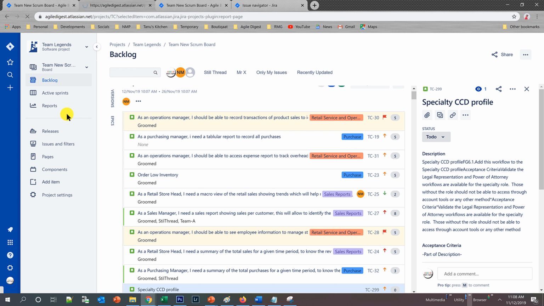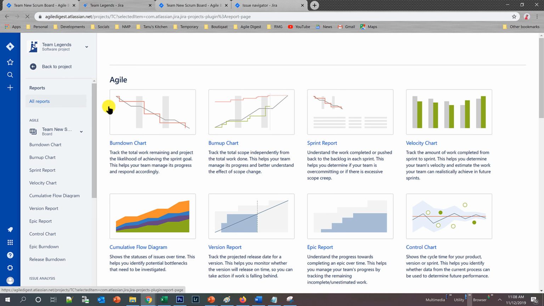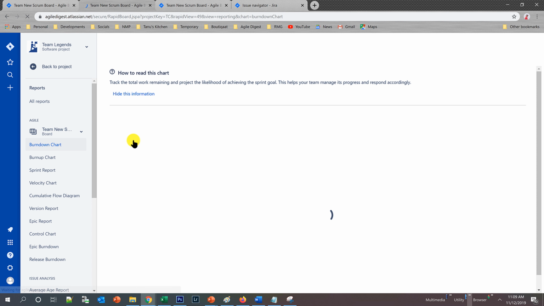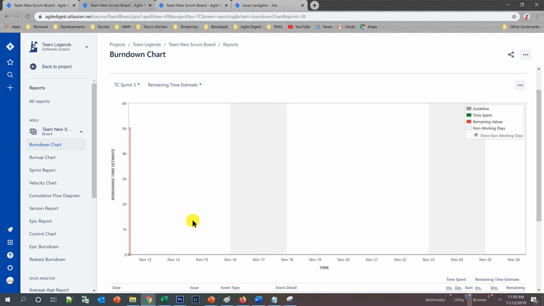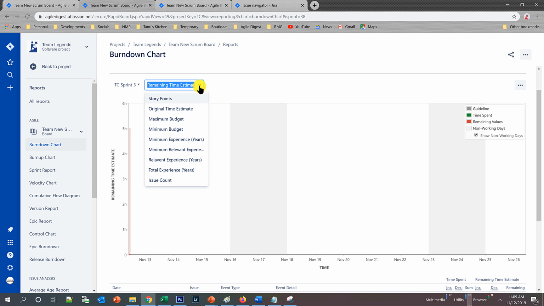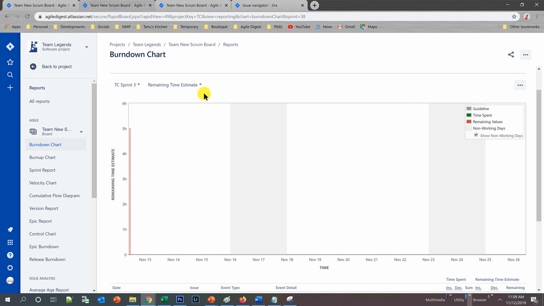If you go to the burn down chart reports, all reports, backlogs or active sprint, everything comes under one board, and within this board, these are the reports coming from. Now the burn down chart is right now showing on remaining time estimate, right? And you can still do it for original estimate also, but this remaining time estimate will